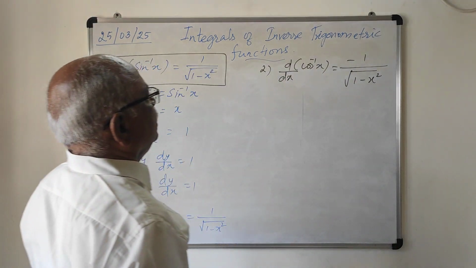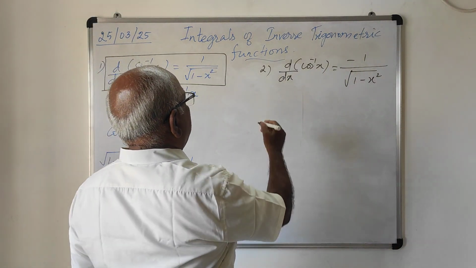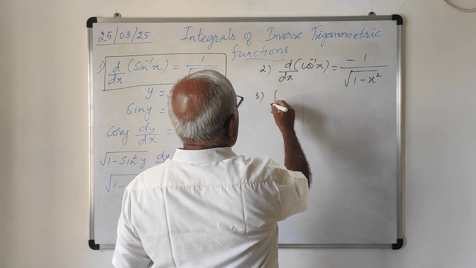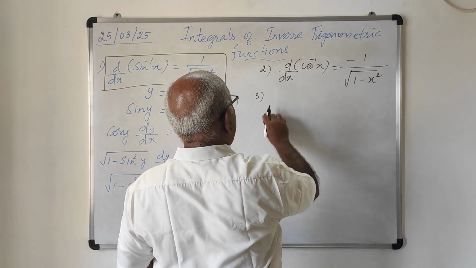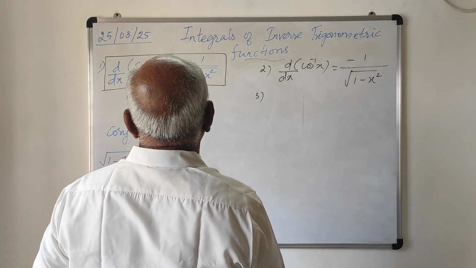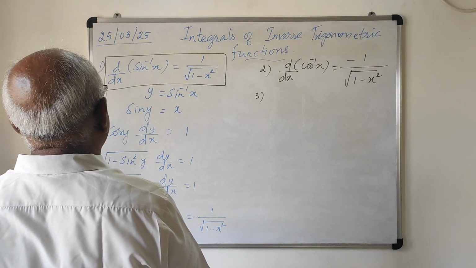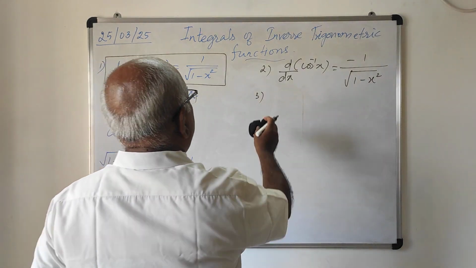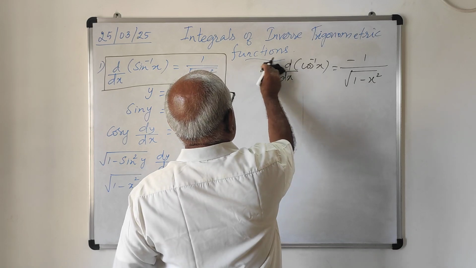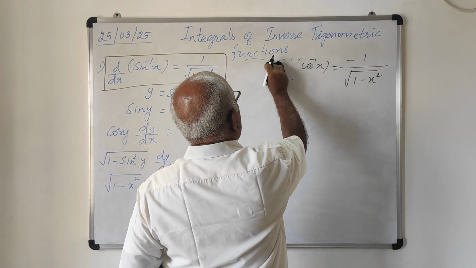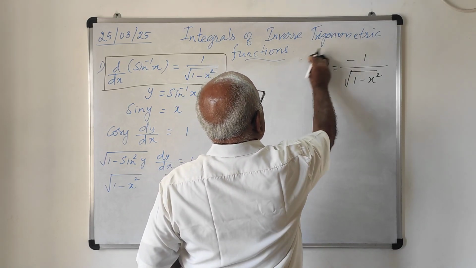Minus 1 by root of 1 minus x square. Third one, d by dx of, derivative of, from this I am going to do integration, is it not? One more thing. From this result,